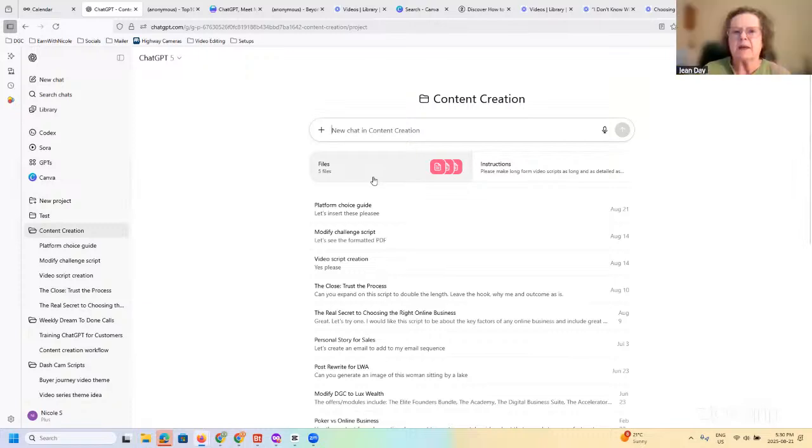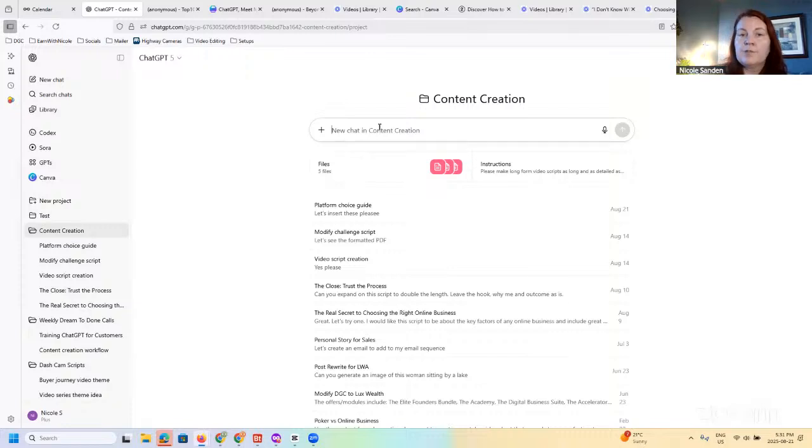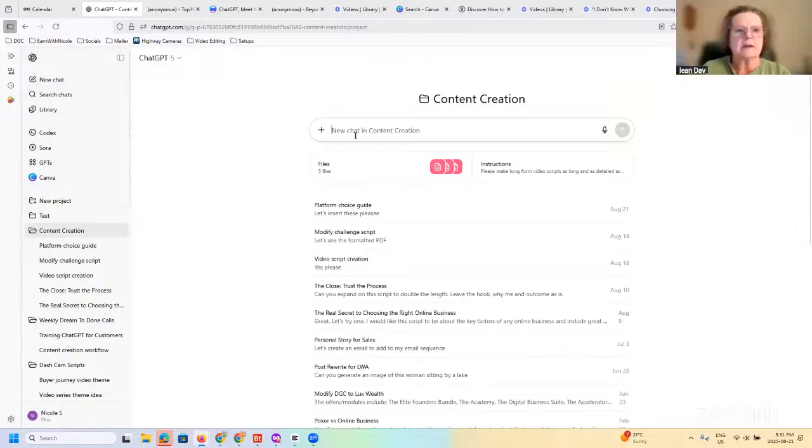And this is where my disconnect is. What do you do now that you have the PDFs in there? Now I just go ahead and start new chats as I would normally. But because these PDFs are within here, now it's going to pull from those. If I start a new chat over here, it's not going to relate to those. I understand about the chats, but until you just said that,